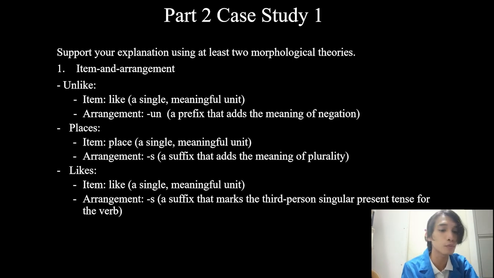I have two morphological theories. The first is item and arrangement. Unlike: the item is like, a single meaningful unit, and the arrangement is "un," a prefix that has the meaning of negation. Then places: the item is place, a single meaningful unit, and the arrangement is "s," a suffix that adds